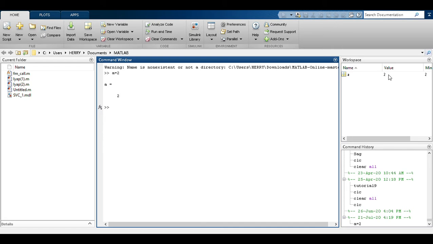Now I have also introduced one operator, the semicolon. If I type b is equal to 3 and put the semicolon, then when I hit enter it will not show me the value of b in the output, but the same value will be stored in your workspace. So here you can see b is now 3.